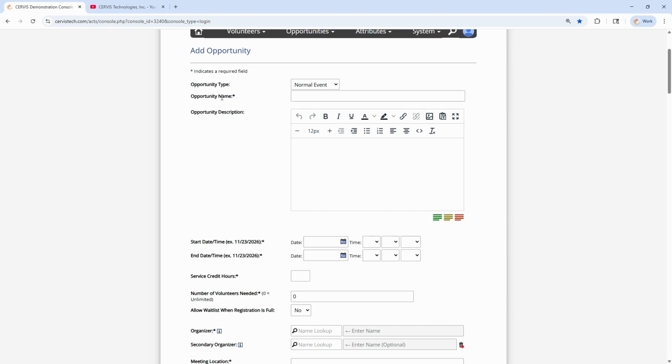If we look at the first thing here, it's the name of the opportunity. This is also the first thing your volunteers will see. And once they click on that name, they'll be brought to your description section. The description section, from my point of view, is kind of the most tedious thing to create because this requires